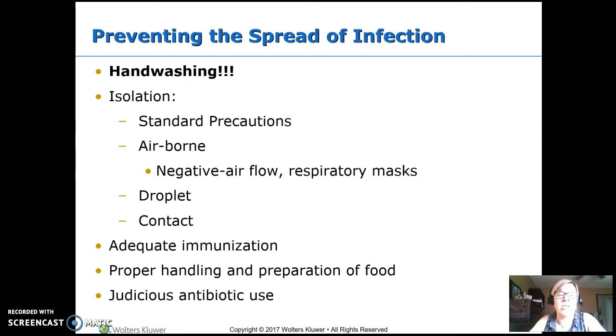That's standard precautions. Airborne is for things that are such small particles they can float a long way in the air. This is where we have to have negative airflow. When that door to the room is open, there's no chance of the germ coming out into the hallway. Air always is sucked from the hallway into the room. It never goes the other way. It also means you have to wear those N95